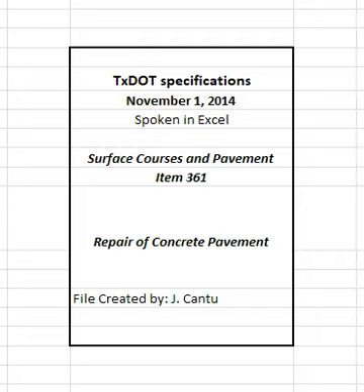5. Measurement. This item will be measured by the square yard in place of the completed concrete surface area repaired. 6. Payment. The work performed and the materials furnished in accordance with this item and measured as specified under measurement will be paid for at the unit price bids for repair of concrete pavement, half depth, and repair of concrete